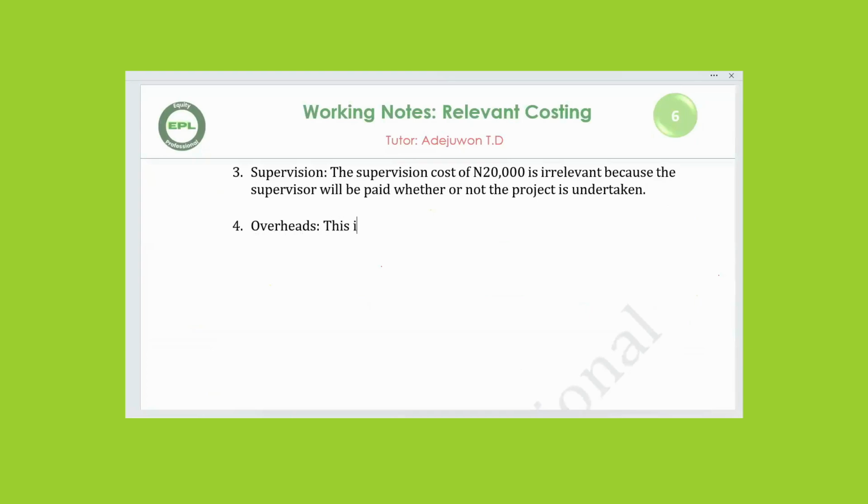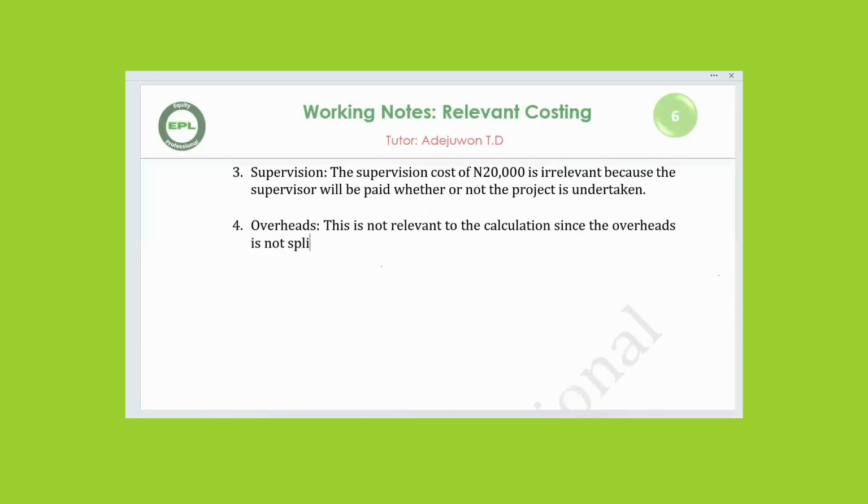This is not relevant to the calculation. Since the overhead is not